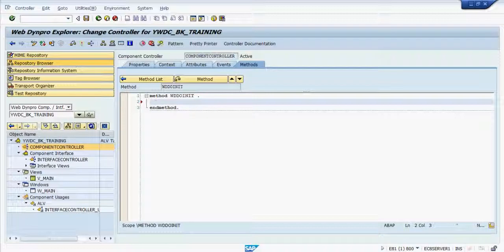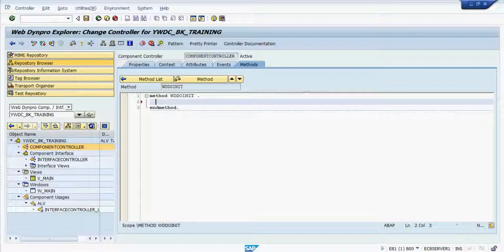And then the function module can be called from the component controller methods, or create an assistance class for the WebDyn Pro component, and within that assistance class create some list of methods. Within those methods you can write the business logic, and assistance class methods can be called from component controller methods.